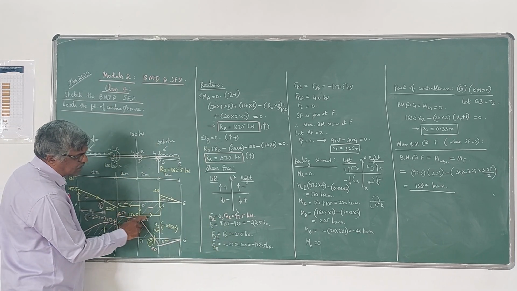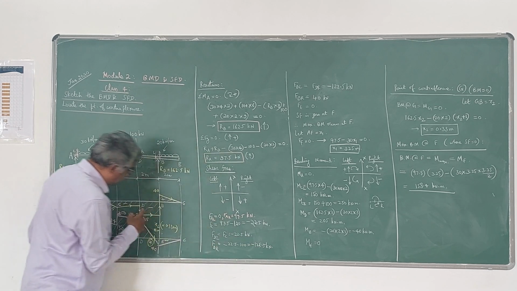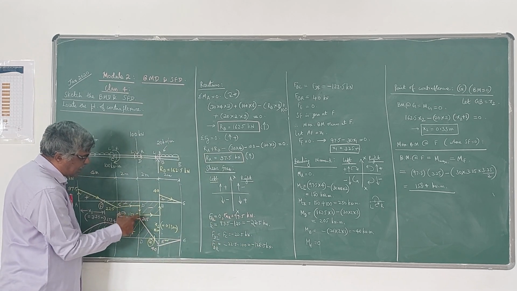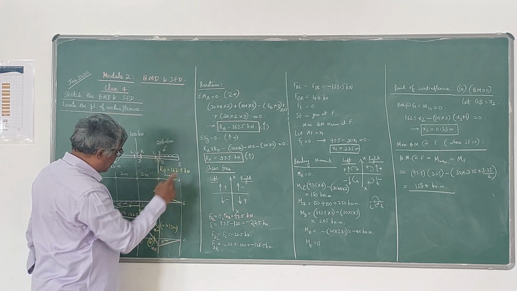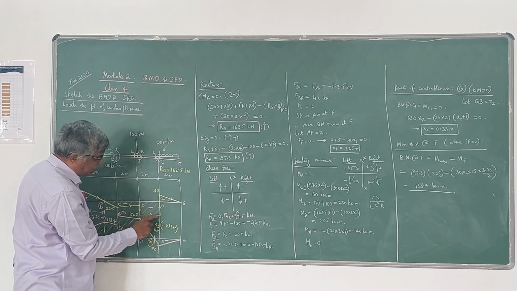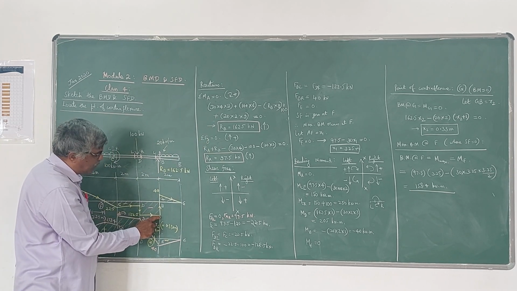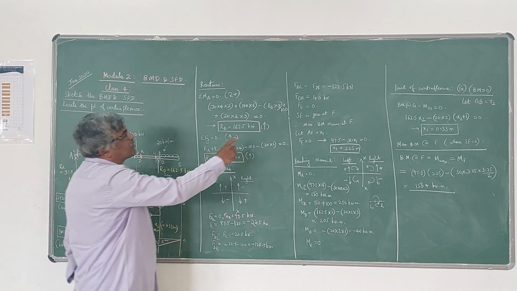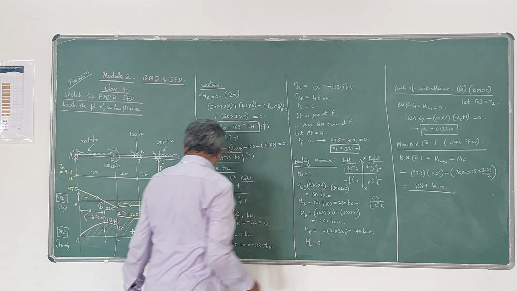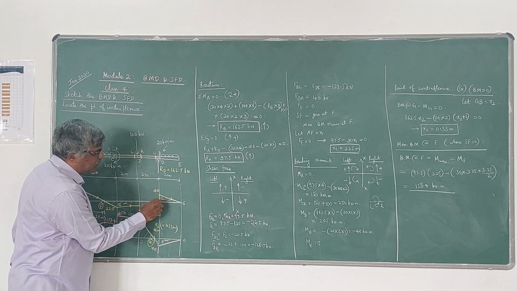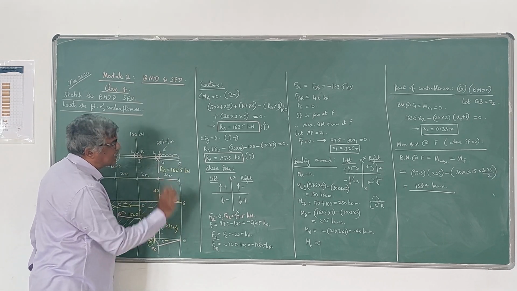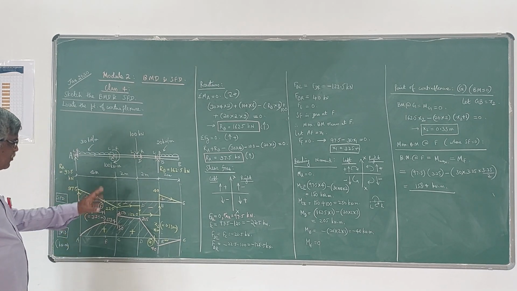At DR it is minus 122.5. That means you have to come down by another 100 here. So minus 122.5. Then at the left of B it is the same, minus 122.5. Right of B it becomes 40, so I have to move from here to here for 40 positive. Then at E it is 0. So this is the shear force diagram.